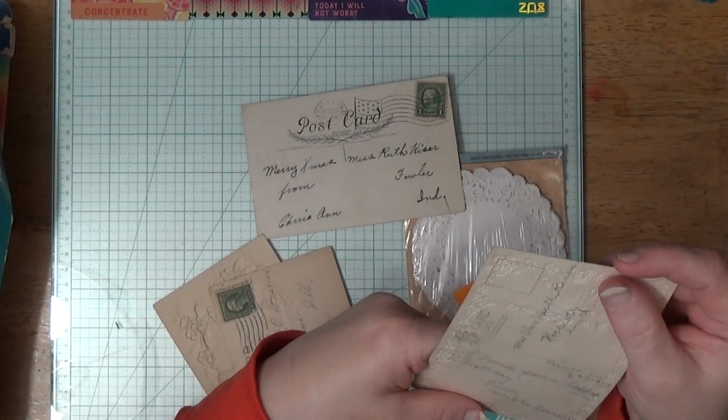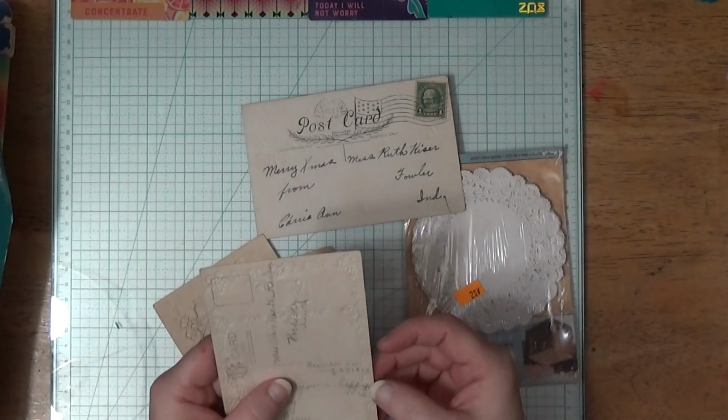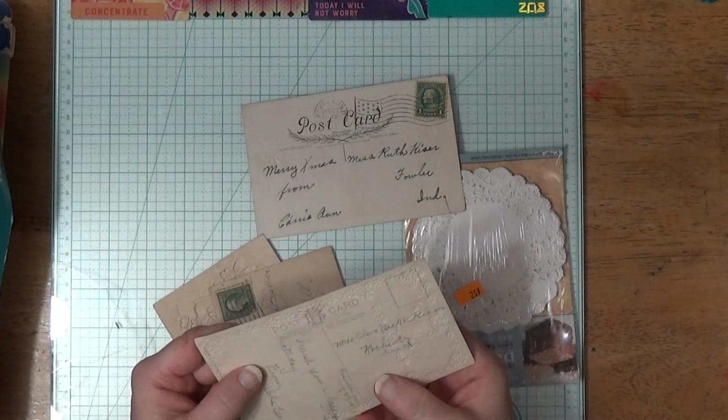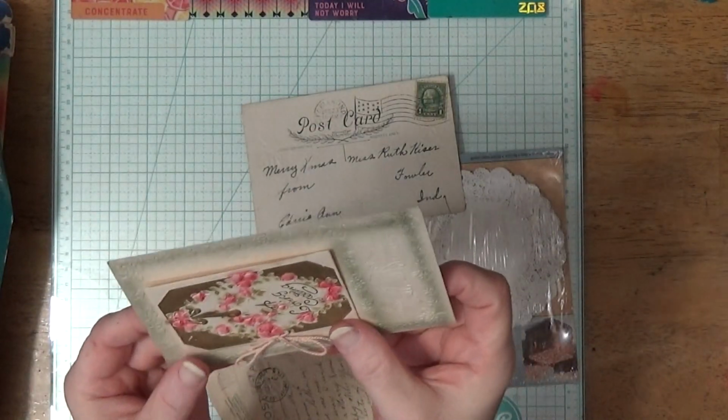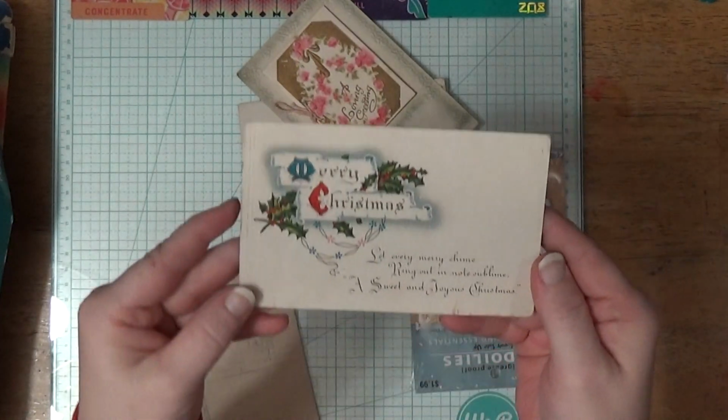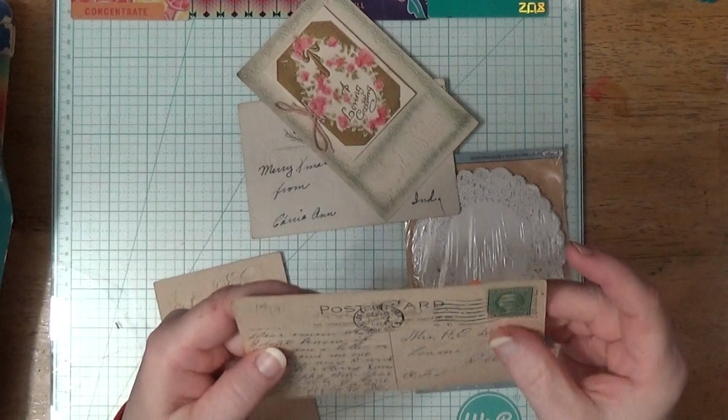It says August 20th, 1911, I think is what it says. But it doesn't look like it was postmarked. She must have just given it to her. So this one I got for the front. That's the front on this one. This one is